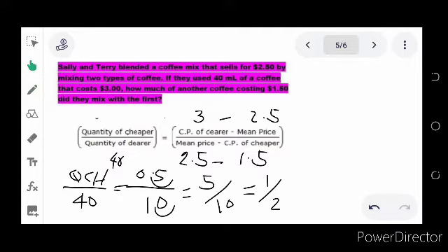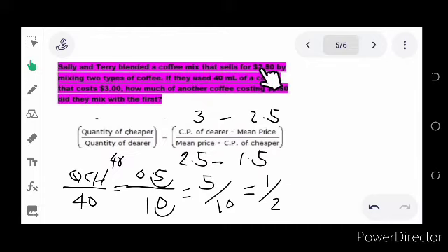That means 1 part of the cheaper, that is the coffee costing $1.50, is mixed to 2 parts of the expensive quantity, which is the coffee that costs $3, comprising the mixture that has